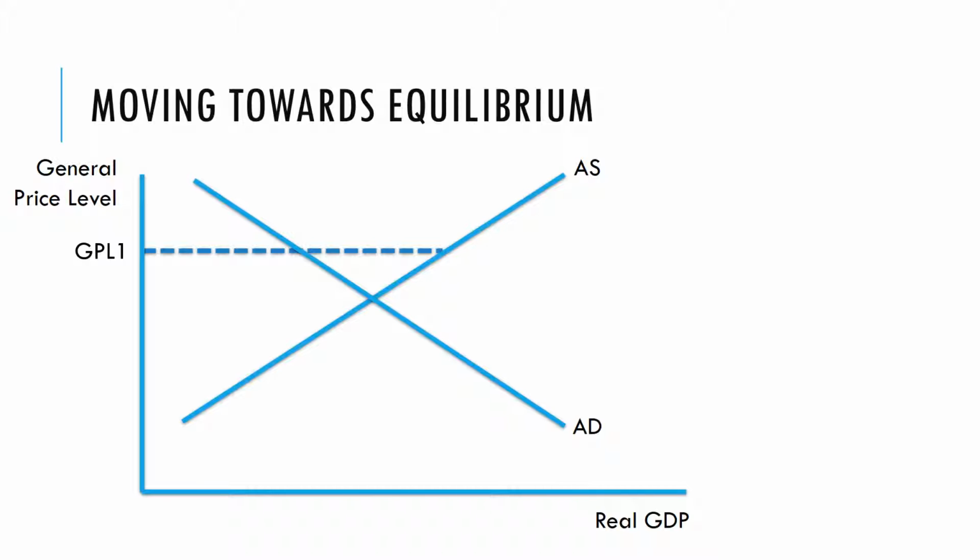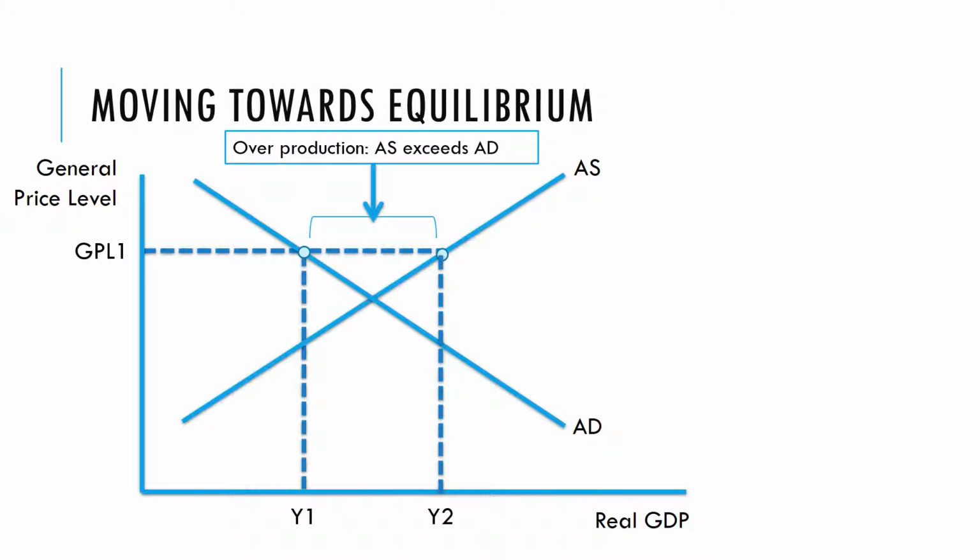What would be the implications for this in terms of the level of demand and the level of supply within the economy? Well, at price level 1, the planned spending within the economy would be a Y1 level of spending. Let's look at the planned output within the economy. At price level 1, the planned output would be Y2. So in this economy, at this price level, we would have a situation of planned overproduction, because at this price level, the amount that the businesses were planned to produce is greater than the planned spending by